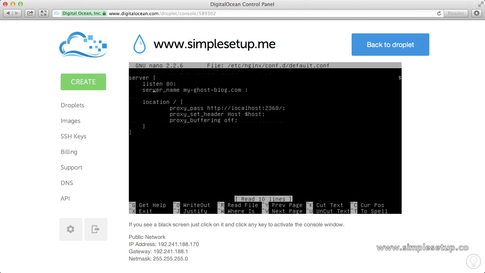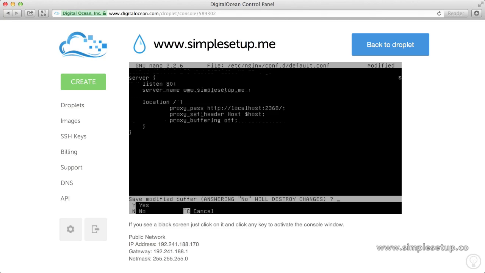As you can see, the server name is what we saw earlier, myghostblog.com. We want to change it to your domain name. I'll be using simplesetup.me, and then hit Control X to exit out of Nano, hit yes to save, hit enter,